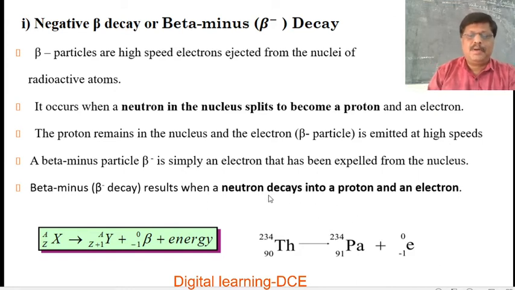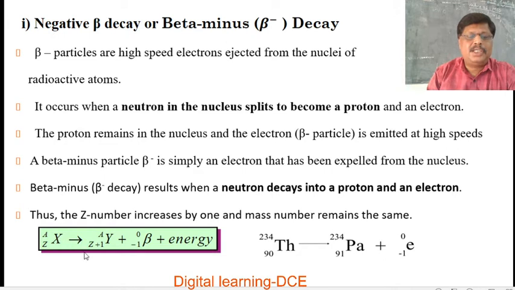So this beta particle emission takes place inside the radioactive nucleus due to the conversion of an excess number of neutrons into a proton and an electron. The proton remains inside the nucleus and an electron is ejected from the radioactive nucleus. It is this ejected electron that is called the beta particle. So a beta particle is nothing but an electron, and this beta decay is represented by